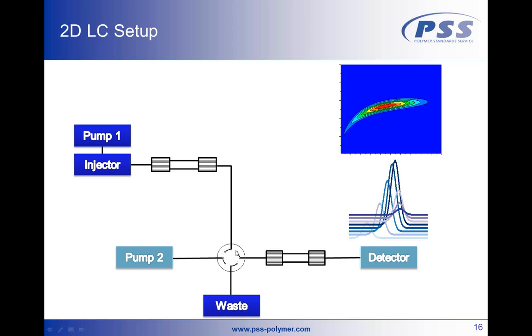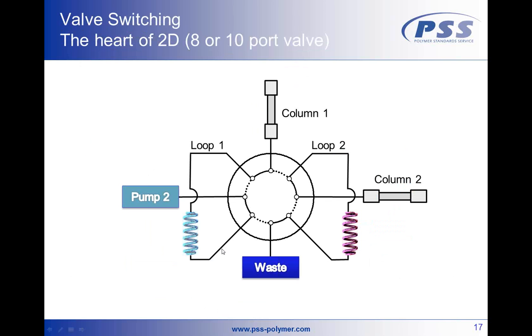Well, the heart of the whole system is this transfer valve. What happens in there? That is shown here. We come out from the first dimension column, and our effluent goes into this loop, and as you can see, coming from the first dimension column, you fill this loop number 1 until it is filled. While you fill this loop, the second loop, which is here, will be